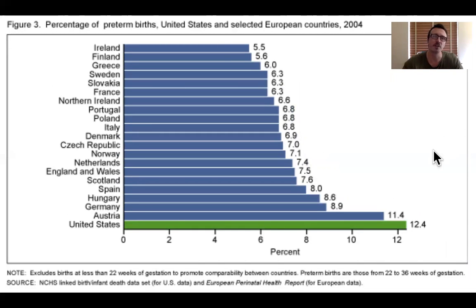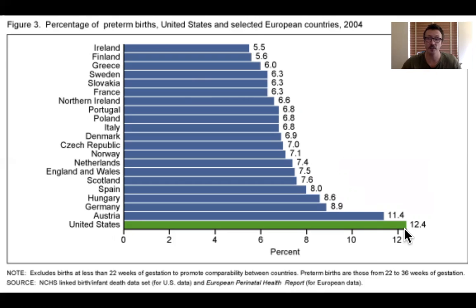This looks at premature births. So these are the percent of babies born prematurely, right? So pregnancy is 9 months, 36 weeks. So what percent of these children are born between 22 and 36 weeks of premature birth? And you can see in the United States, again, nearly twice as high as some of these other developed countries,